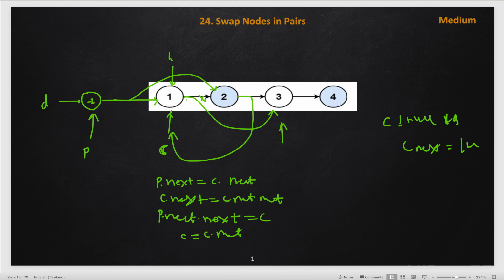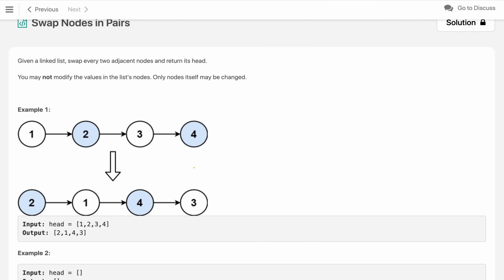As our current dot next, this link is pointing to here, so we will shift current from here to here. So this will become our new current, and previous is still pointing here, and this link is pointing here, and then this link back pointing to here. So we will write previous dot next equals to this pointer, or we can write over here as well. So this is the fifth line. Let's start the implementation.